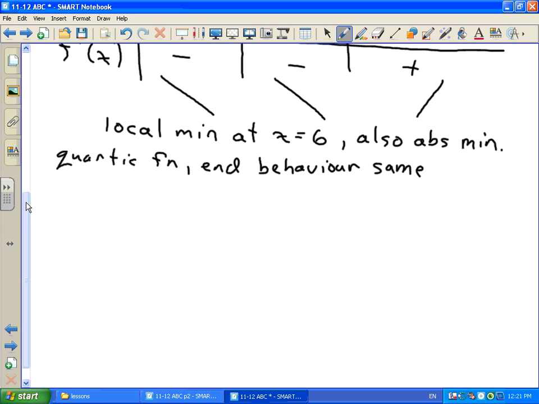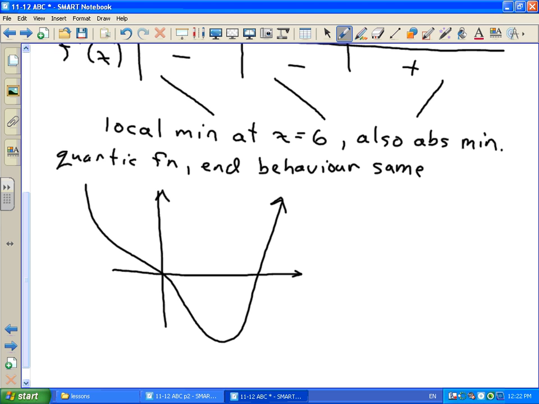So if we were to sketch a graph of this thing, it would look like this, with our local minimum at x equals 6 and a point of inflection at x equals 0. Okay? So the idea is the only way to check for sure if this is a local minimum or a local maximum or something else is to check the sign of the derivative on either side of the critical number. And that's where we're going to